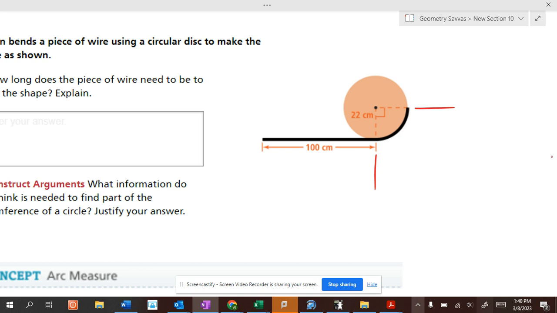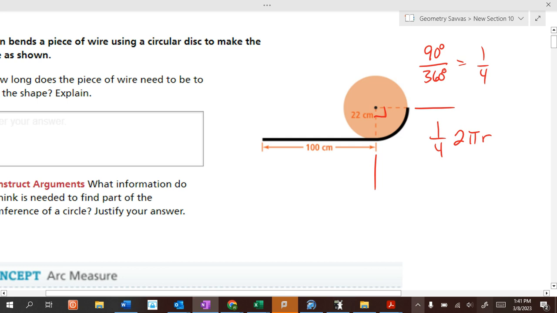A fourth of it, because there's 90 degrees here out of 360 degrees, which is a fourth of the circumference, right? So it's a fourth of the circumference, which is 2 pi r. Well, we know the radius is 22, right? So it's 1/4 of 2 times pi times 22. So 4 goes into 2 one-half, and 2 goes into 22 eleven times. So it's 11 pi or